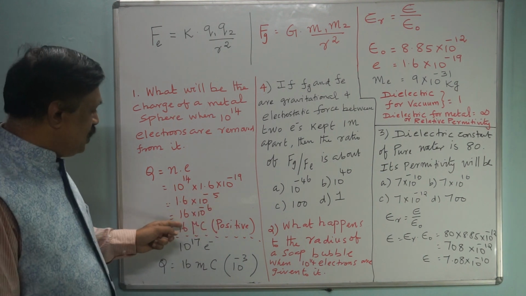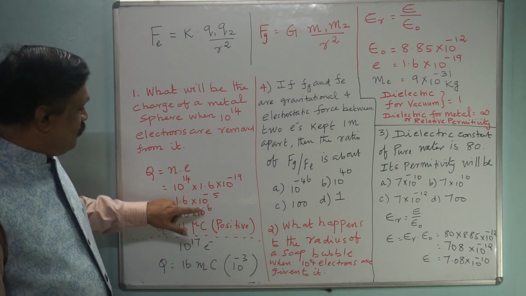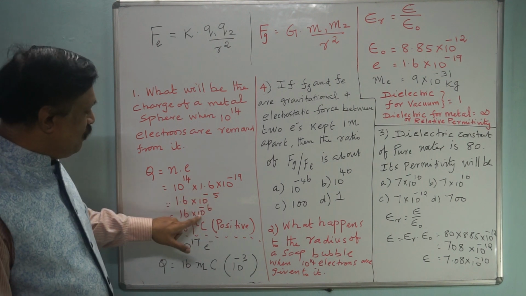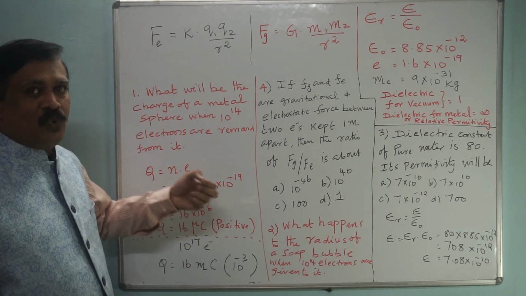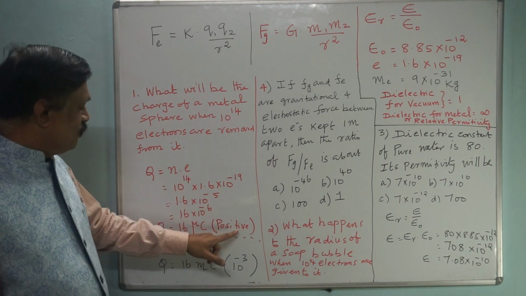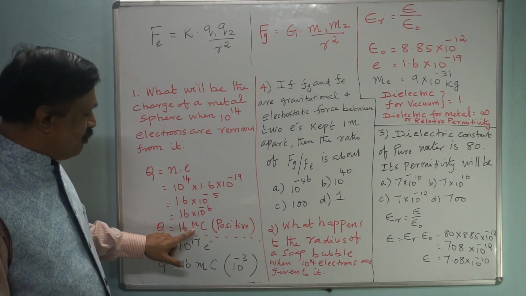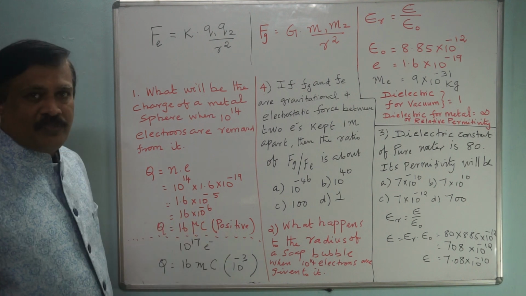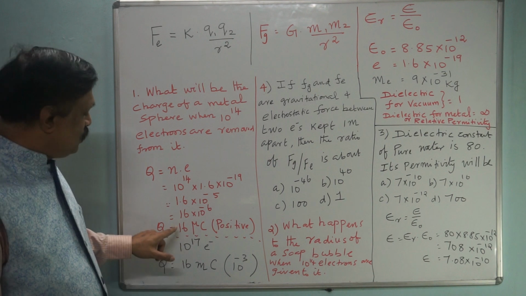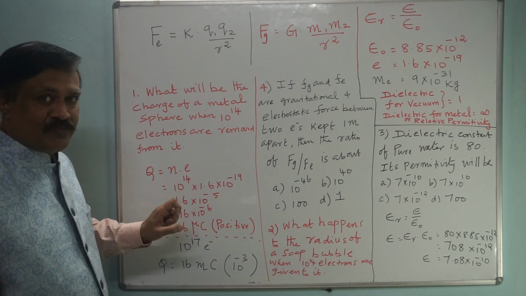If you put 16, then one more minus will be there. Therefore 10 power minus 1, 10 power minus 5, 10 power minus 6, therefore 10 power minus 6 coulomb. Okay, that means 10 power minus 6 means it is micro coulomb. Okay, therefore your answer is Q equal to 16 micro coulomb, and it is positive. They may give 16 micro coulomb or negative, they will put here, or they will put 16 only, or they will put minus here. Then you have to be very cautious in